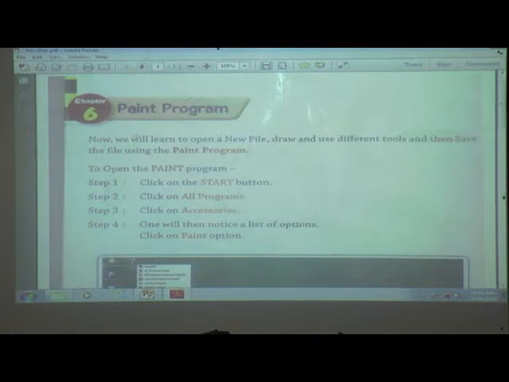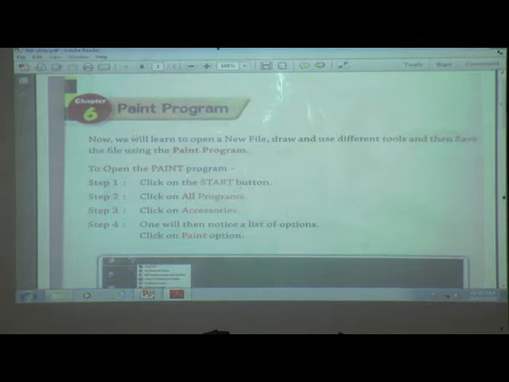What is the use of paint? Paint program or paint software is like your paint notebook, your drawing notebook. Everyone having a drawing notebook? Yes? Paint program or paint window is like our drawing notebook. Now we will see how to draw. In this chapter we will see how to draw in paint, how to save the file, and how to open an already existing file. Means if we store some file and we want to see it, then how to open it, we will see this.